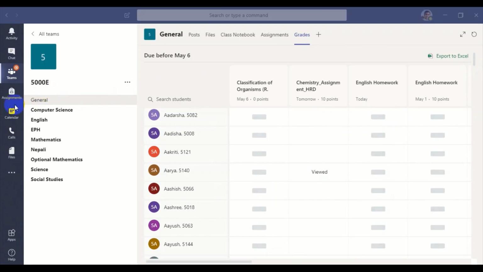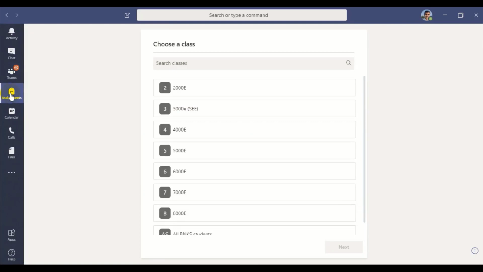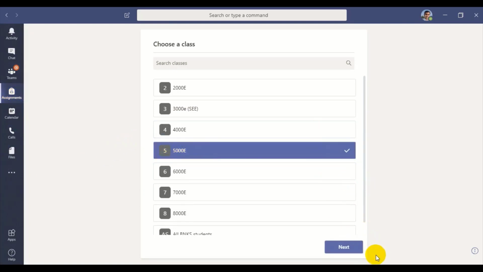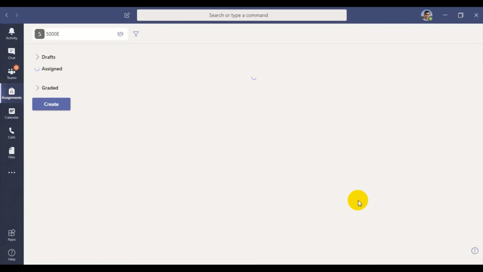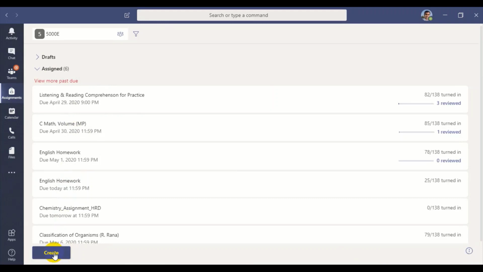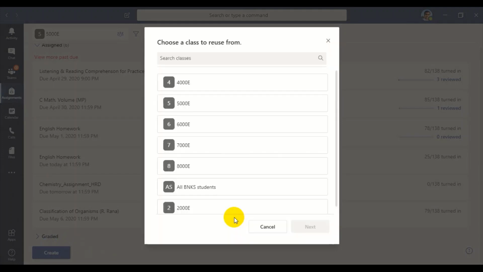In the same way, once you click assignments over here, and then choose the batch or a particular class, and click next, this window will appear, and you have to click on create. From pre-existing files also we can create: choose a class to reuse from.